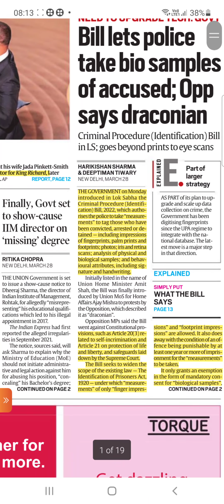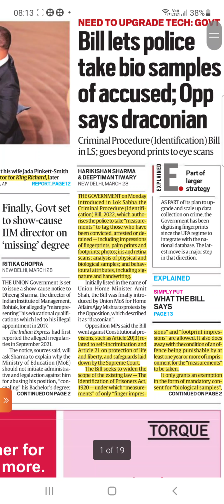The next article is: the bill lets police take biosamples of the accused. Opposition says draconian. The Criminal Procedure Identification Bill in Lok Sabha goes beyond fingerprints to eye scans. The government on Monday introduced in Lok Sabha the Criminal Procedure Identification Bill 2022, which authorizes the police to take measurements to tag those who are convicted, arrested or detained, including impressions of fingerprint, palm print, footprint, photos, iris and retina scans, and analysis of physical and biological samples and behavioral attributes, including